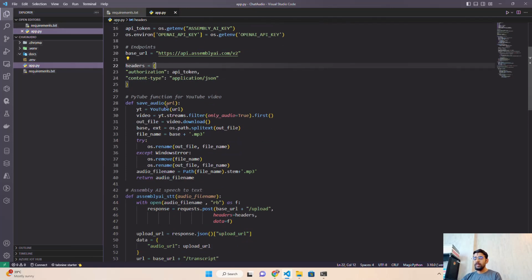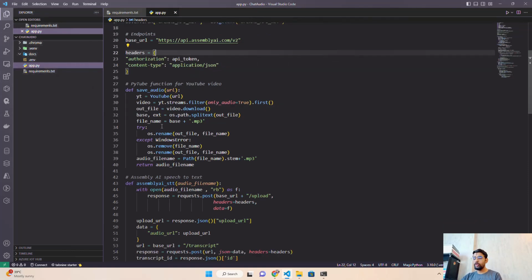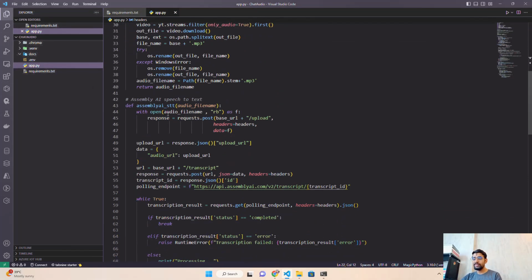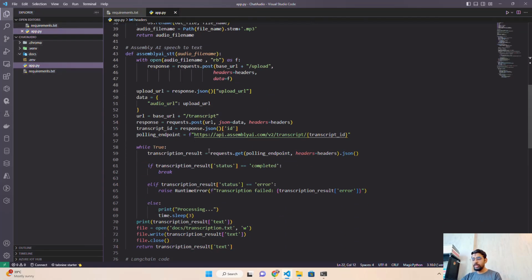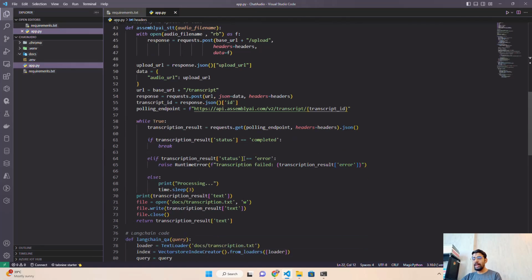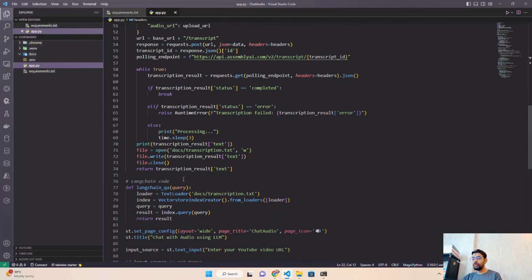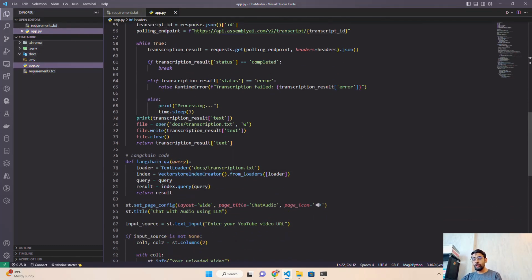Then we have the PyTube function, save audio, which only gives you the audio and stores it in your local directory, and then we are passing that to AssemblyAI. So we've written an AssemblyAI speech to text function, which takes that file name and gives you the transcription. We are saving that transcription in this docs file, and then we are writing a LangChain question answering